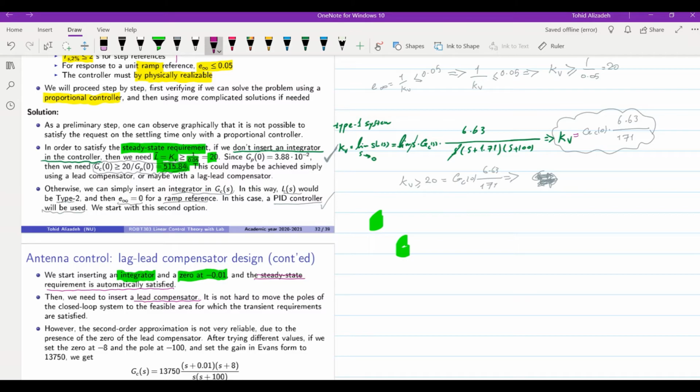We can try to do it using MATLAB. You can indeed try to see how placing a 0 and pole for the lead compensator would work. I hope you already know the approach to take analytically. First you can place a 0